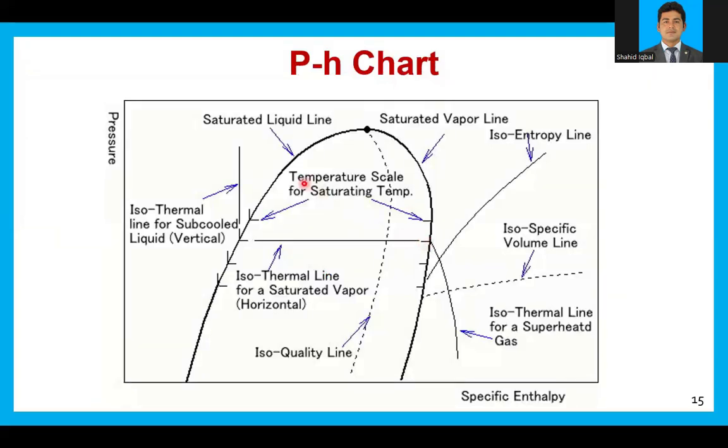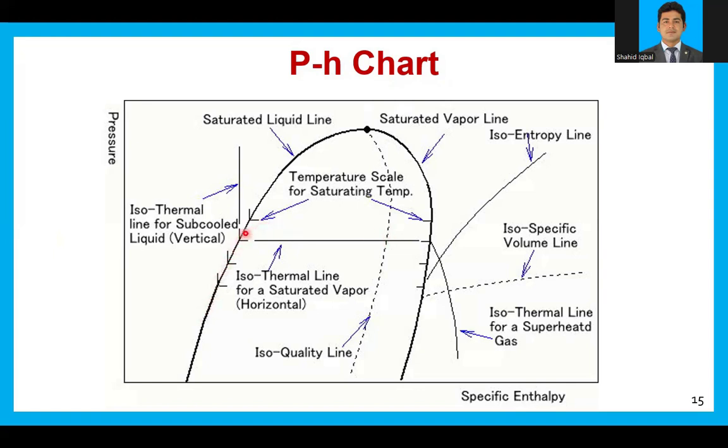The pH chart is used to calculate the work done by the compressor, the heat released from the condenser, and the refrigerating effect of the vapor compression refrigeration system. उसके लिए हम pH चार्ट की मदद से भी यूज करते हैं, क्योंकि pH चार्ट के ऊपर आपको प्रेशर की वैल्यू मिलती है, इंथैल्पी की वैल्यू मिलती है, और आपके पास डिफरेंट फार्मूलाज हैं, उनके अंदर आप इन वैल्यूज को यूज करके कोएफिशिएंट ऑफ परफॉर्मेंस निकाल सकते हैं।